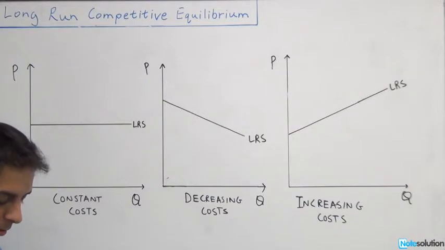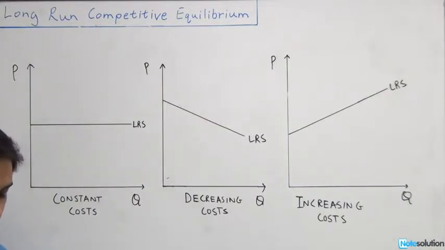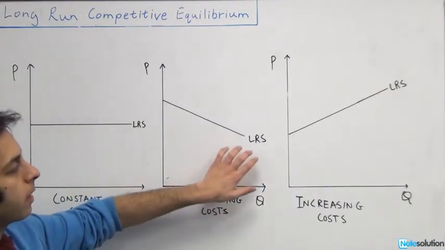So the question says, the long-run supply curve for a competitive industry, and then the first option is, may be horizontal if entry into the industry lowers average total cost. So it's saying maybe horizontal if the entry into the firm lowers average total cost. Now, if a firm comes into the market and each additional firm that comes into the market reduces the cost in the industry, so it's a decreasing cost industry, then that would basically mean that your long-run supply curve is